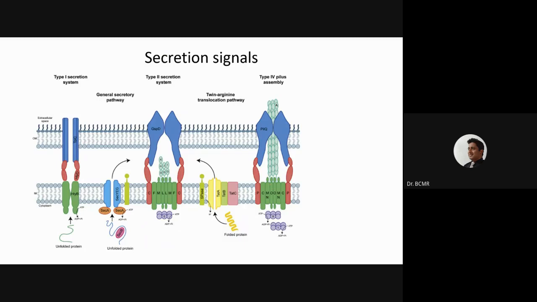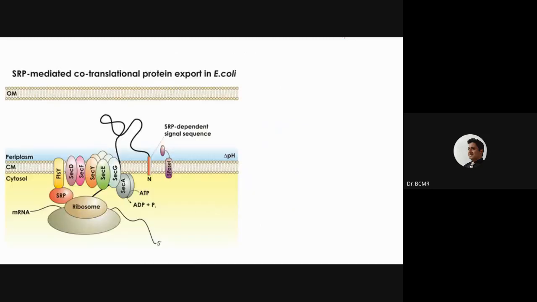There are several secretion systems in bacteria, in gram-positive and gram-negative as well. So there are type 1, type 2, type 3, type 4, and many other secretion systems, which will allow the protein to be secreted out into the medium outside, right? I'm not going into the molecular biology of all these secretion systems, but what we need to understand is that